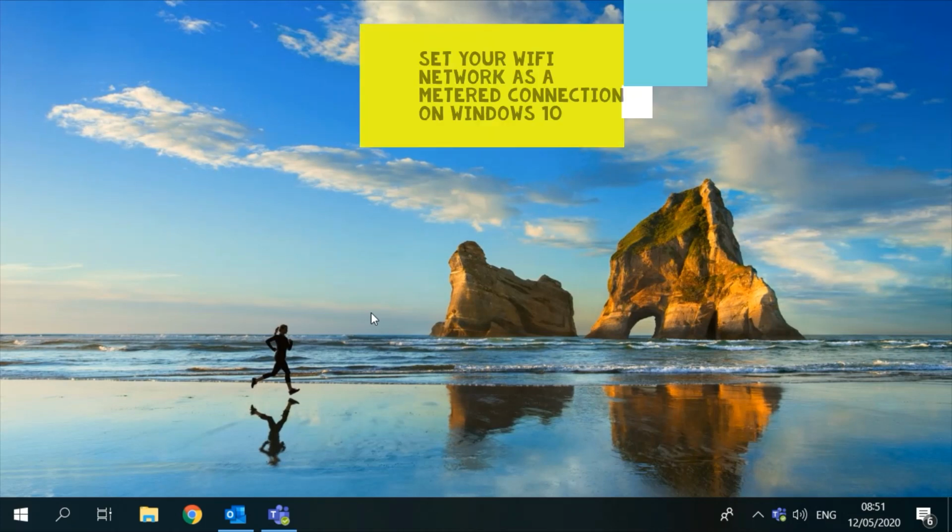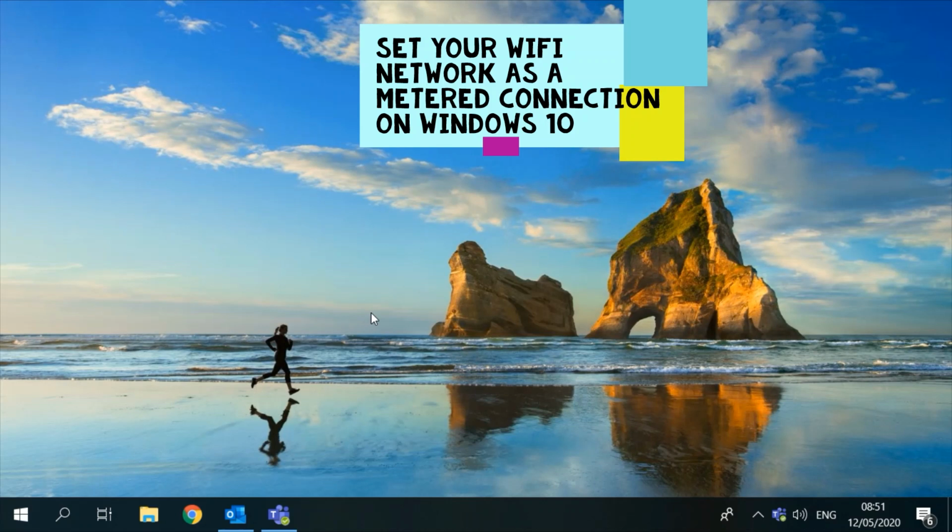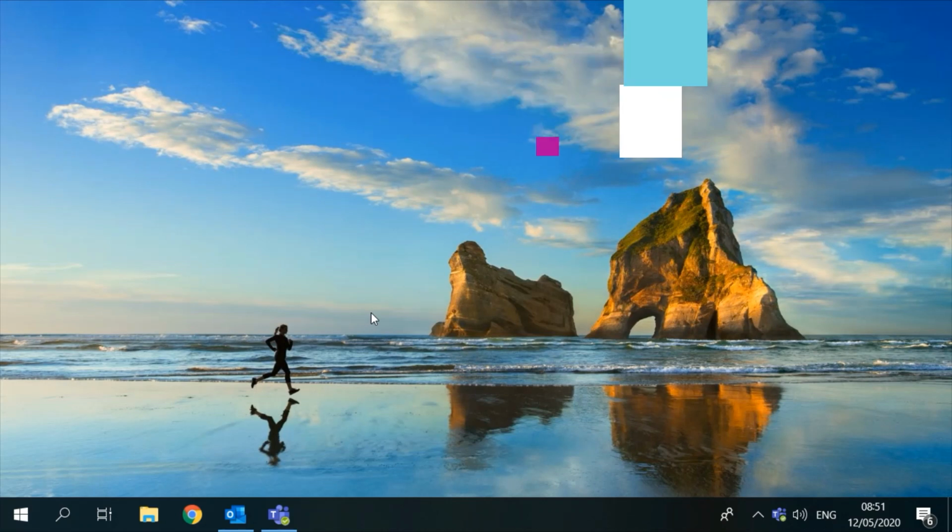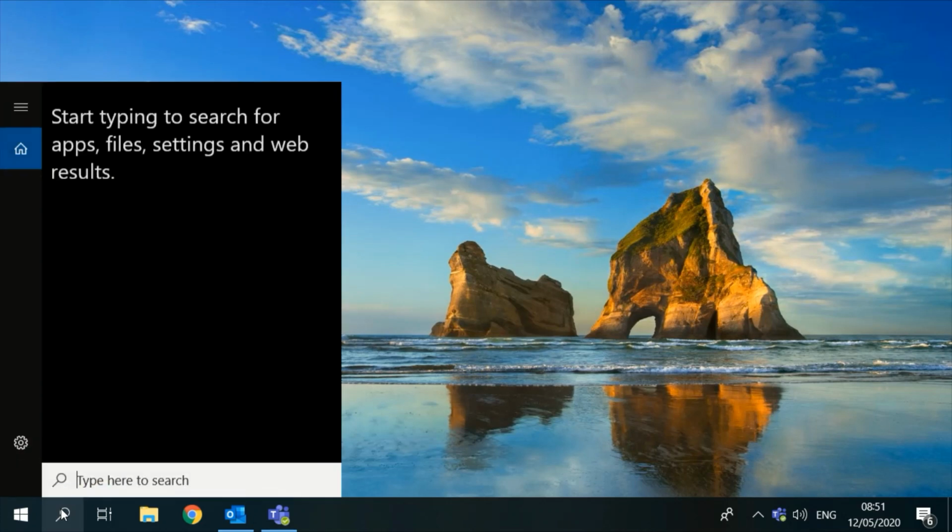Today I'm going to show you how to set your Wi-Fi network as a metered connection on Windows 10. This can help you reduce data usage if you have a limited data plan. This can also be useful if you have slow internet connections and you want to stop downloading Windows updates while working. To do this, in the search box type Change Wi-Fi Settings